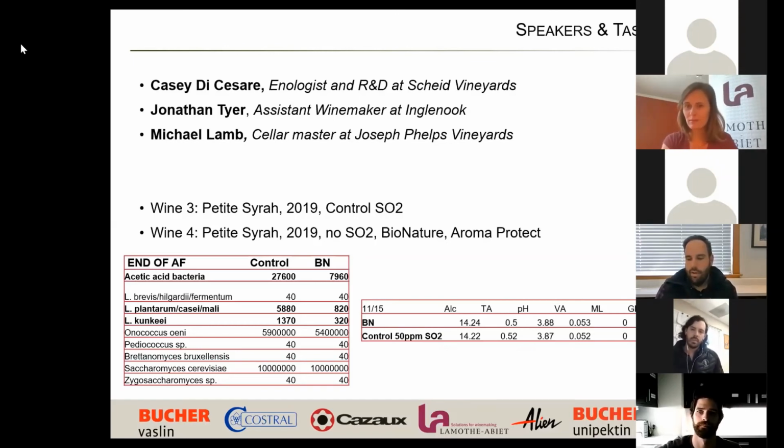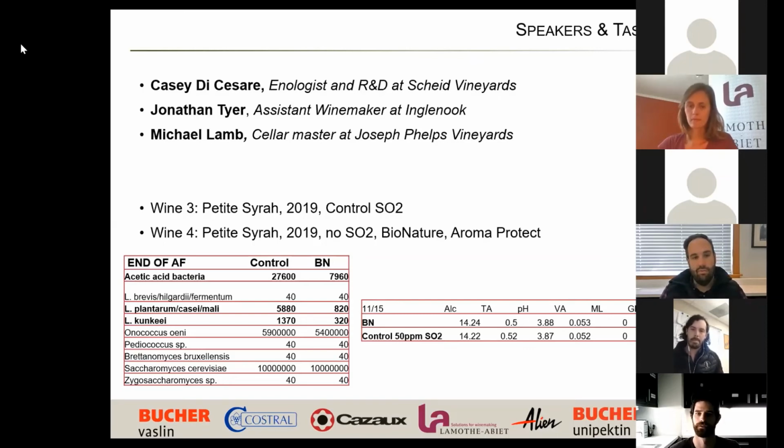Sure. So we tried to keep the control and the BioNature process exactly the same. Typically, we will add SO2 on the crush pad, either at the must pump, or if we're going into a sump to manually put the grapes into the tank. The SO2 will get added there. We added the BioNature in its place for the BioNature trial. And then we didn't add anything else besides yeast and nutrients